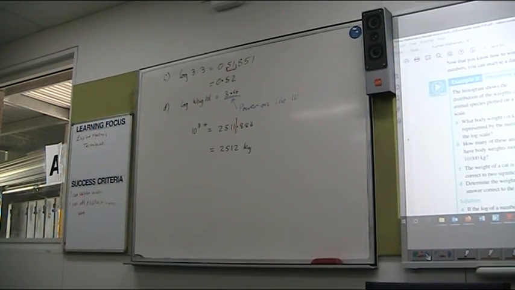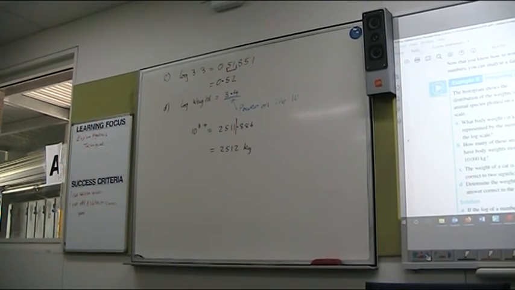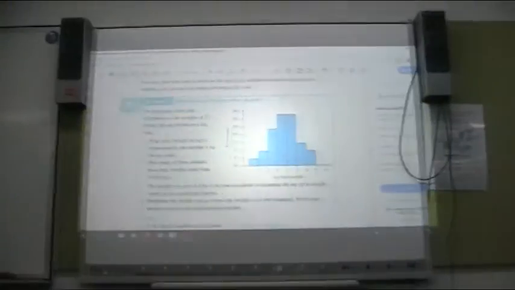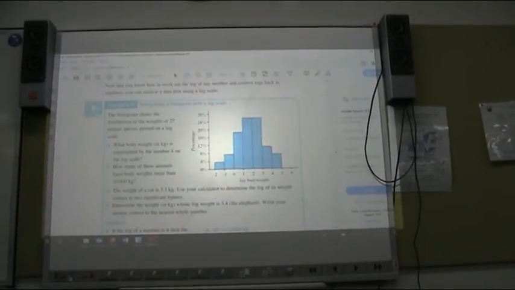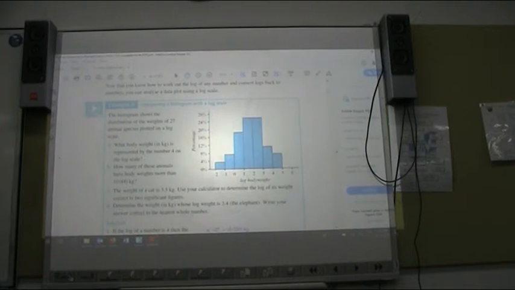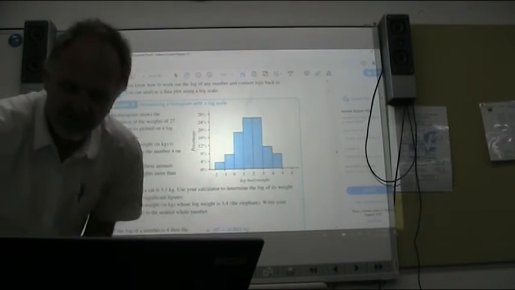If we have to draw a histogram, we're going to use our calculator to do it. On the handout sheet, we've got mass of animals. And what we need to do first of all